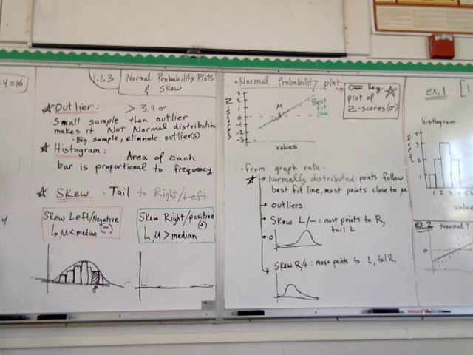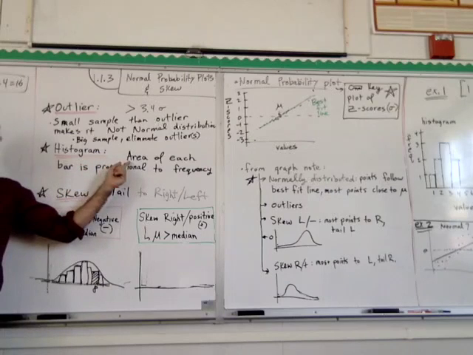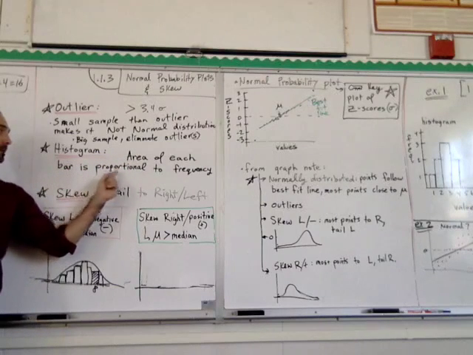Length times width? Right? Too easy of a question. All right, so for a rectangle, it's length times width, right? But remember, we would be using the normal curve, the normal distribution, also to make estimations for probability of things happening. So if we wanted to really find with the histogram, the area of each bar is proportional to the